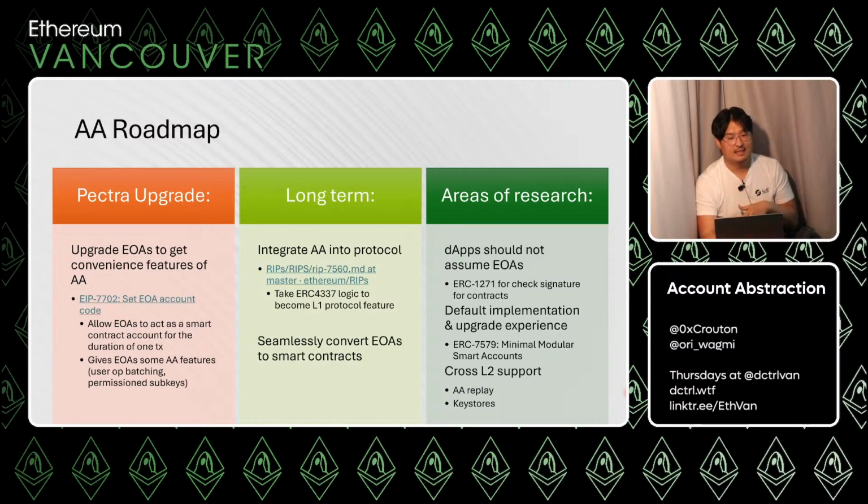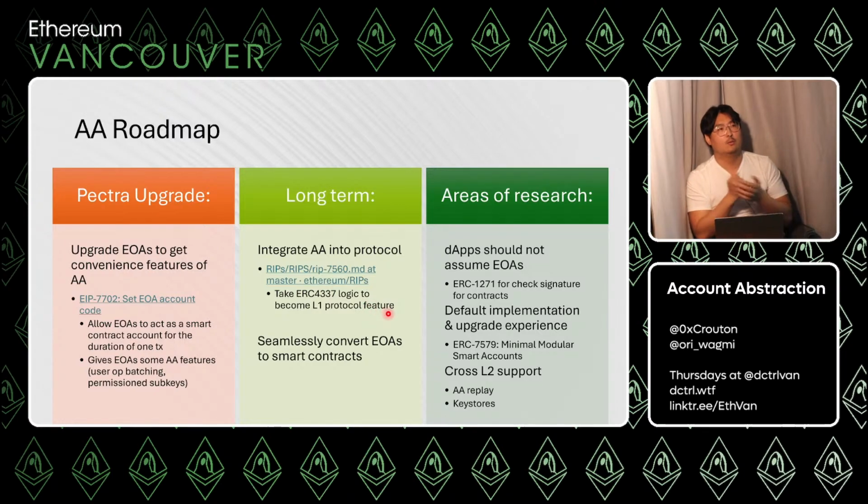Those are the benefits that EOAs can get, a short-term next step. Then longer term, right now we have bundlers and an alt mempool. We want to take all this great stuff and actually bake it into the Ethereum blockchain protocol directly. There is a proposal, RIP, this is Rollup Improvement Proposal, 7560. So essentially take 4337 logic and make it into the L1. That is in discussion. I think what they want right now is for rollups, like L2s, to do this first. That's why it's an RIP.